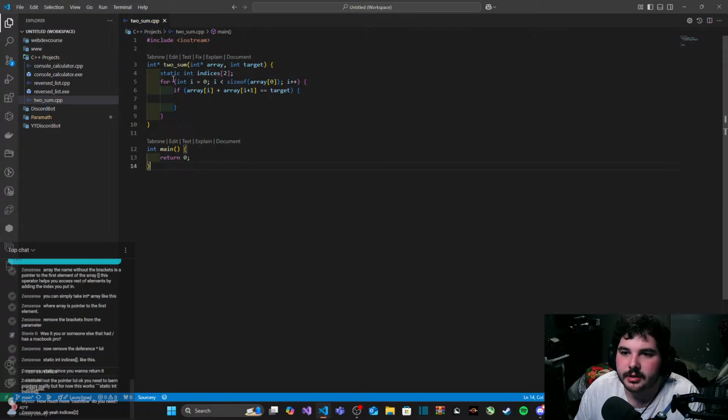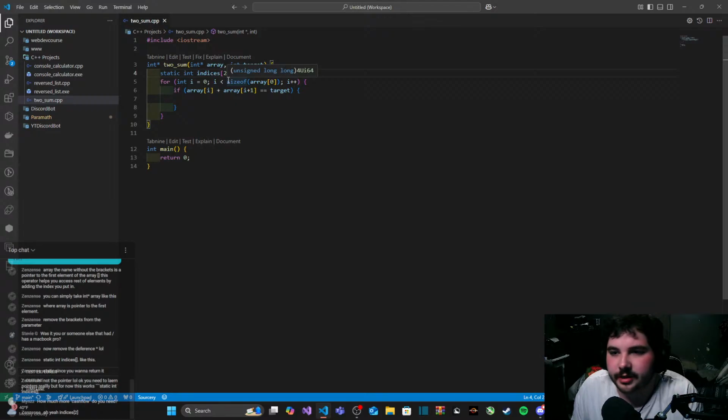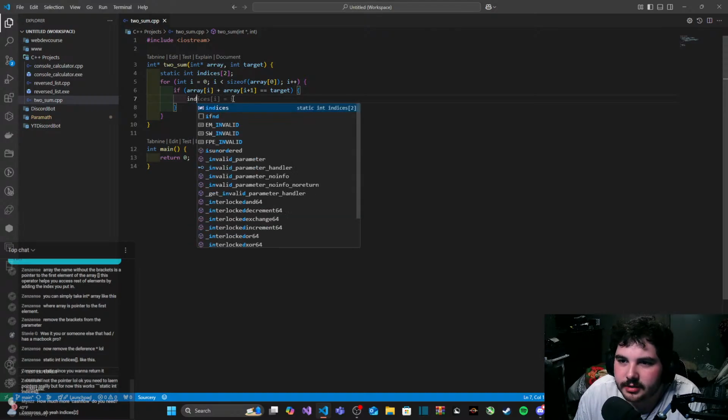Oh, okay, okay. That makes it. Oh, that's right. I have to predefine how many. It's the same thing in C sharp. I keep forgetting that. Okay. So now what I could do is indices.